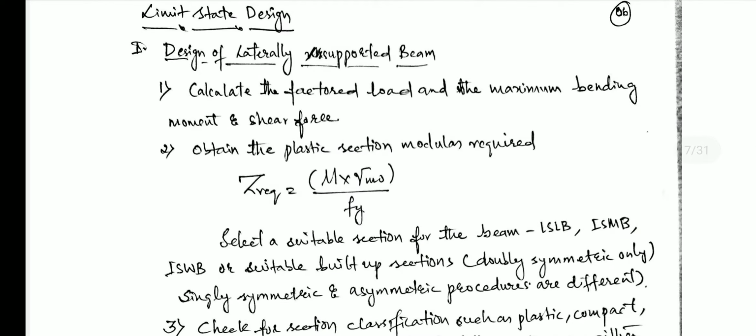So in this video we'll discuss the design steps of a laterally supported beam. We have two cases, laterally unsupported and laterally supported. One more thing you should understand: for laterally supported beams only we have problems. For the laterally unsupported beam, you should remember the procedure. The procedure will be the same with some changes. It is very easy, so today we'll start with this.